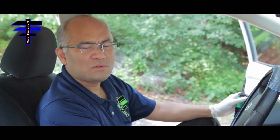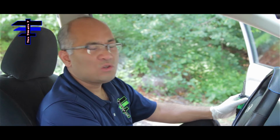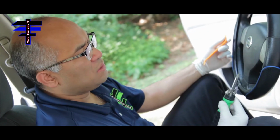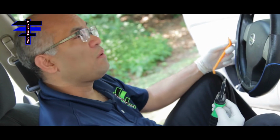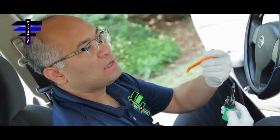Today I will show you how to remove a factory radio on a 2010 Nissan Versa. For this job you want to use a screwdriver and a flathead screwdriver, and it's even better if you have a plastic pry bar, so it's much easier and you don't scratch the panel or any plastic on